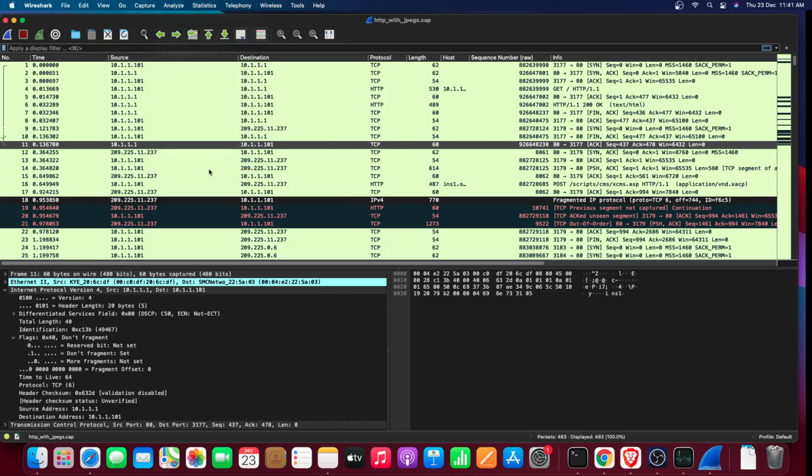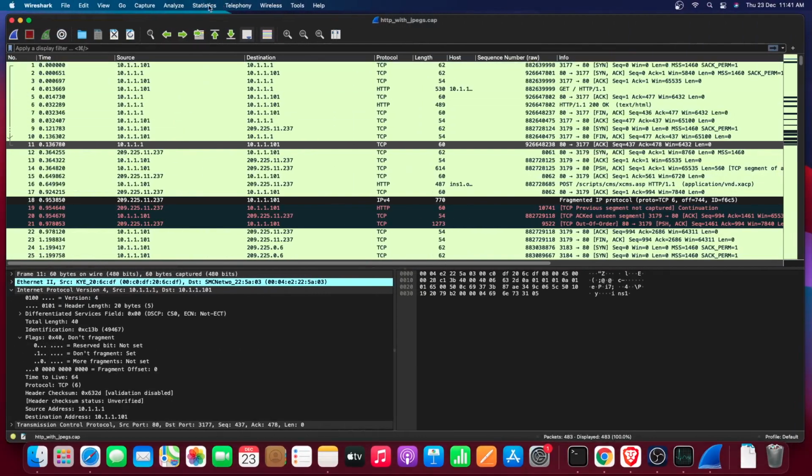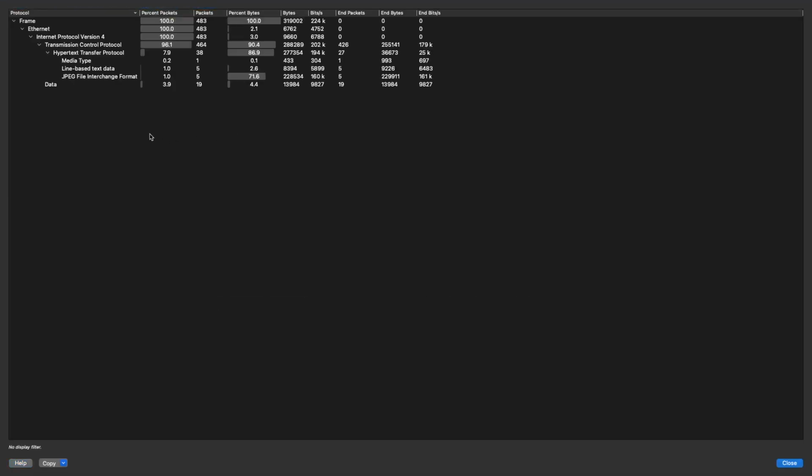For that, we can go to Expert Information, which will give us information about any errors, warnings, notes, or informational messages. And another thing: go to Statistics and then Protocol Hierarchy, and there we can see what is inside. Wireshark is such a good piece of software, and it presented the whole data